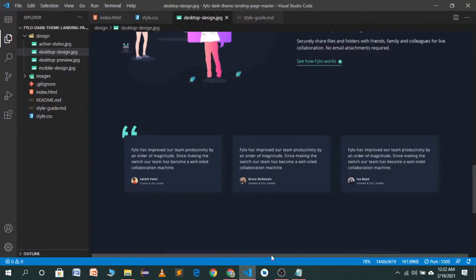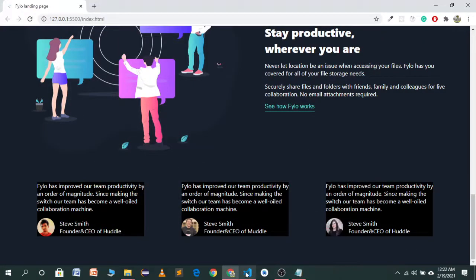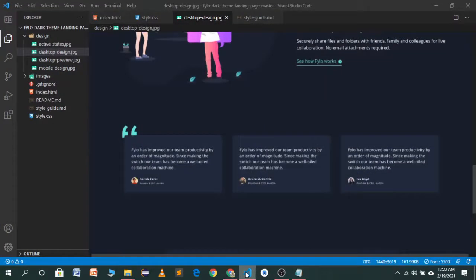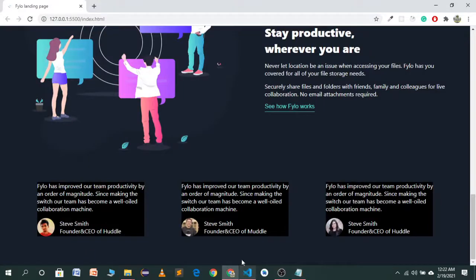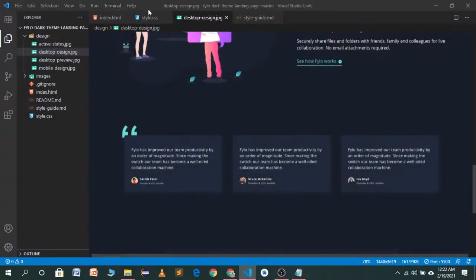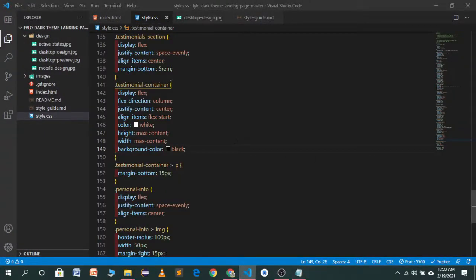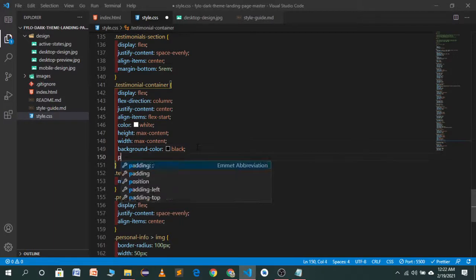Now compare these two designs. So in the upper part, let's give a padding. Now we give, let's try top and bottom padding of 50 pixel, and left and right will be 20 pixel. Let's see how it looks.